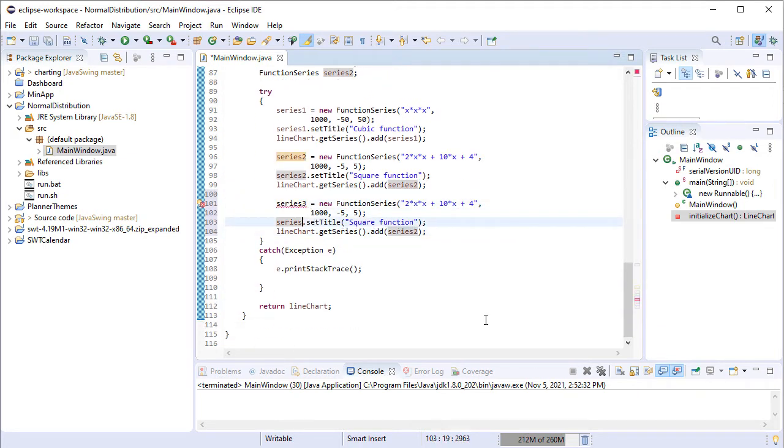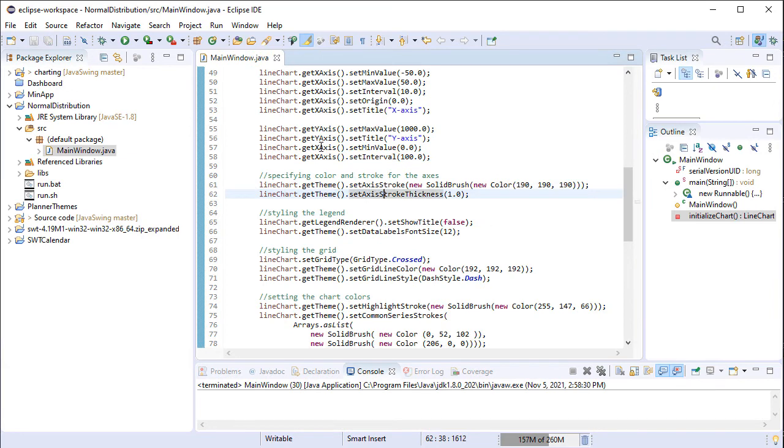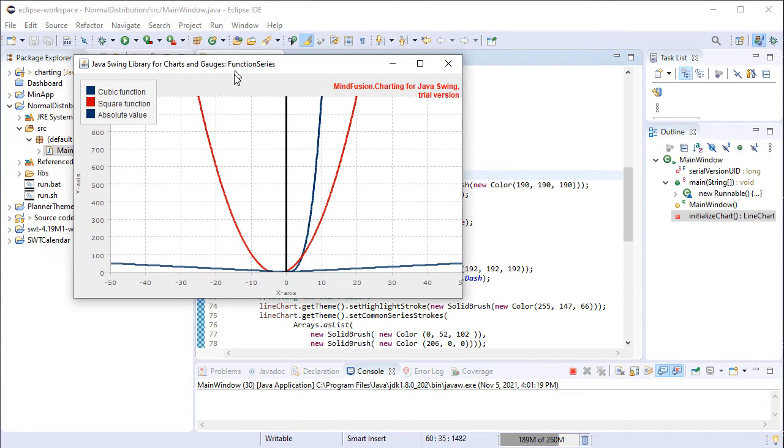We just copy the code for the second function and edit it. Let's run the sample. Here are our three functions.